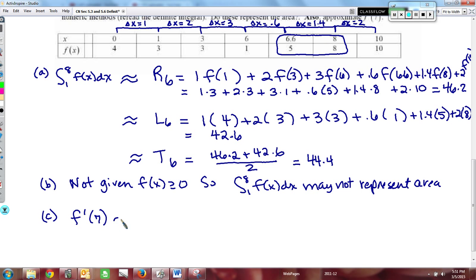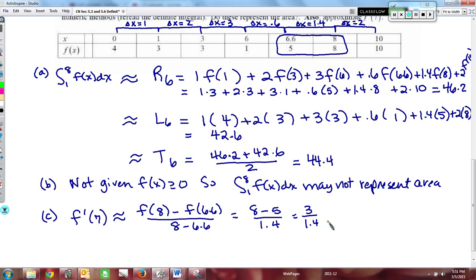So we would have our approximation for the instantaneous rate. We would do f of 8 minus f of 6.6 divided by 8 minus 6.6. And so basically we would get 8 minus 5 divided by 1.4, 3 over 1.4,